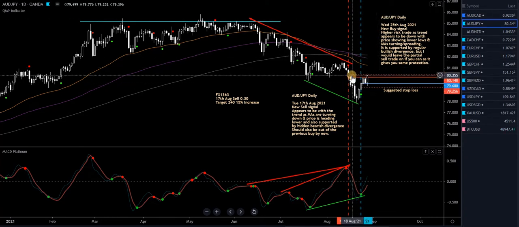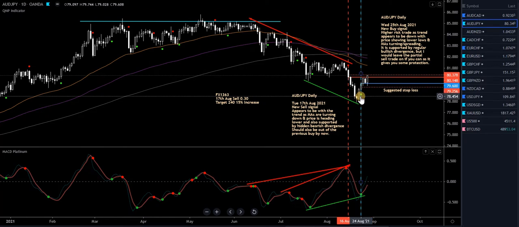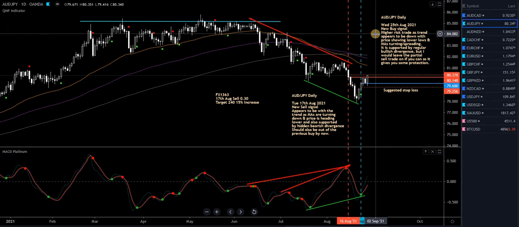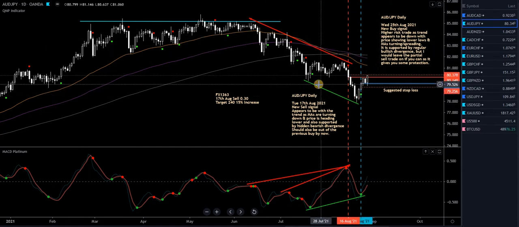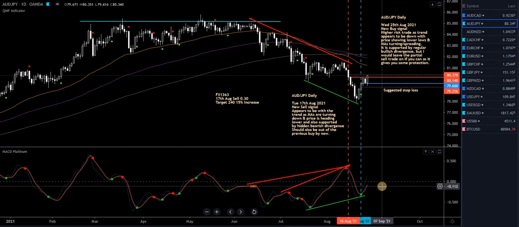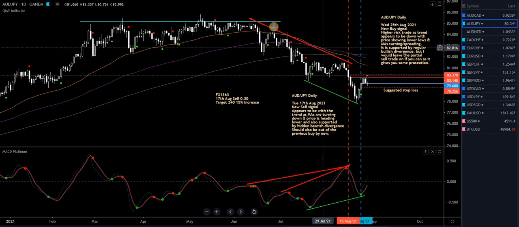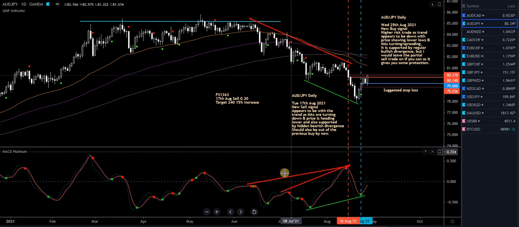All right, place my stop just above this candle here. And then we've got this buy signal here. High risk trade, you can read the notes there. High risk trade, trend's starting to head down. Regular bullish divergence again. This sell was actually on hidden bearish divergence, as you can see marked by the red